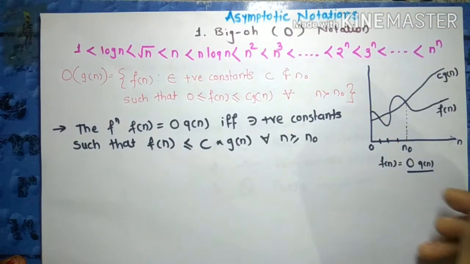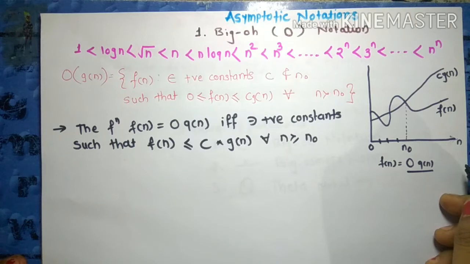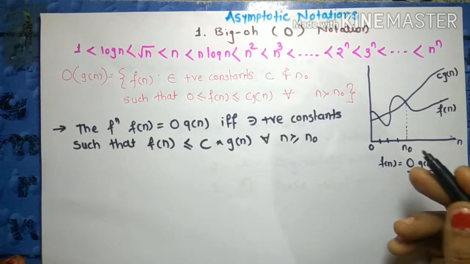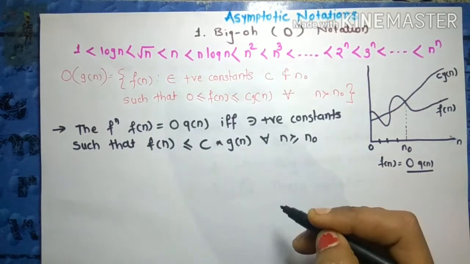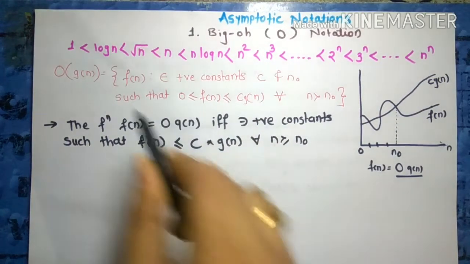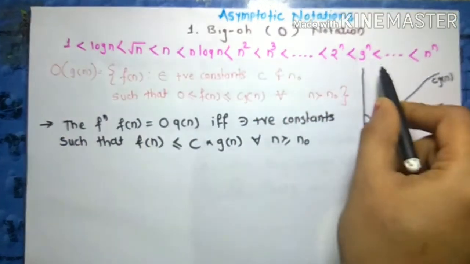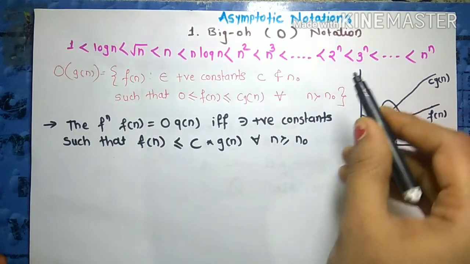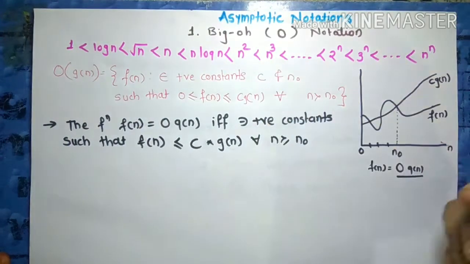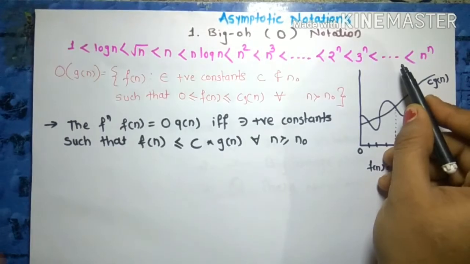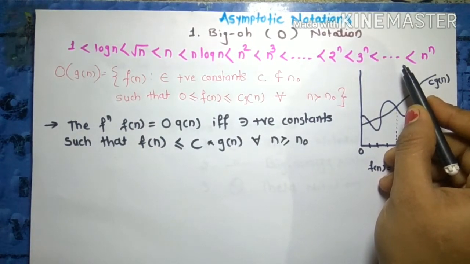In my previous video we have seen what is asymptotic notation. Asymptotic notations are nothing but the mathematical notations which we use to describe the running time of an algorithm when the input tends towards a particular value or a limiting value. We know this is the comparison between the time functions. These are the different time functions which we are going to denote using the asymptotic notation, and this is the comparison of the time functions as I explained in my previous video. You can watch that video also.